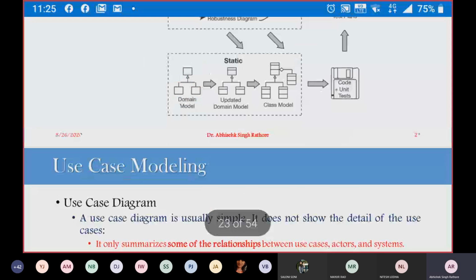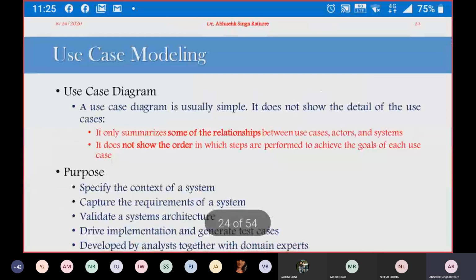When we are going for use case development, these use cases are usually developed by your domain expert as well as the analyst. If you have some domain experts available, they will surely help to include various types of requirements that have not been given by the users. So we are taking use cases at a glance.